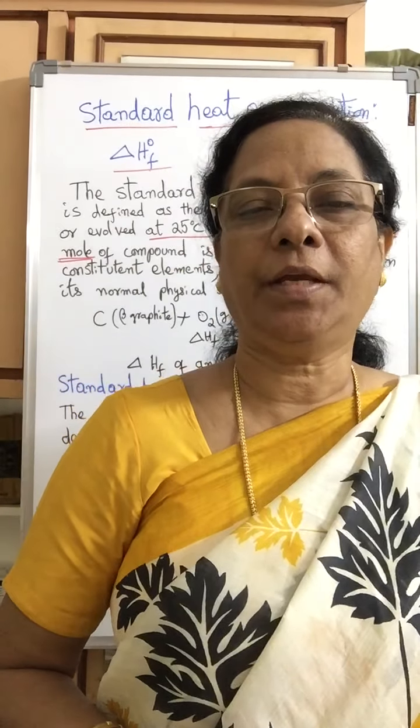So standard heat of formation is represented by delta H f naught. F indicates formation, naught indicates standard. Standard means 25 degrees centigrade and 1 atmosphere. So it is the enthalpy change for the formation at 25 degrees centigrade. This is the standard heat of formation. Standard heat of formation is defined as the amount of heat absorbed or evolved, depending on exothermic or endothermic reaction, at 25 degrees centigrade and at 1 atmosphere